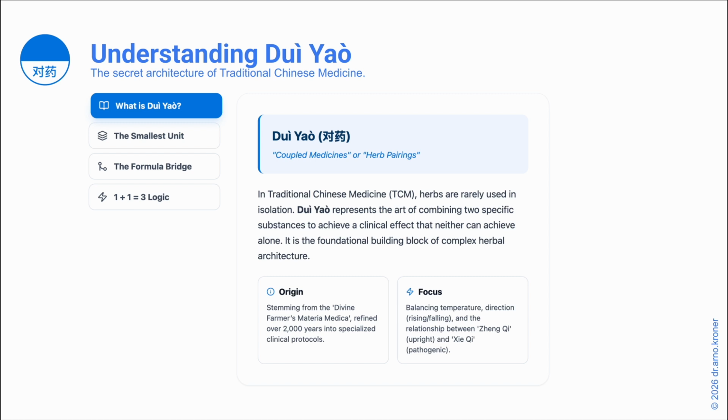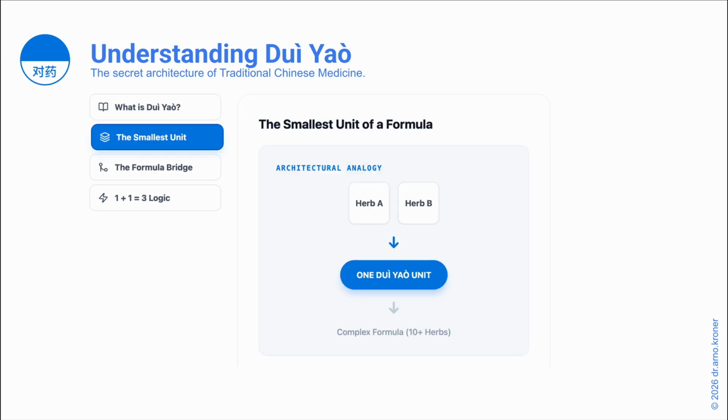What is Dui Yao? It's coupled medicines or herb pairings, and it's the art of combining two specific substances to achieve a clinical effect that is pretty much a synergy. And it is also the foundational building block of complex herbal architecture. So it's the smallest unit in a formula. So we have A and B. It makes one Dui Yao unit, and then it enters very often a more complex formula with 10 or more